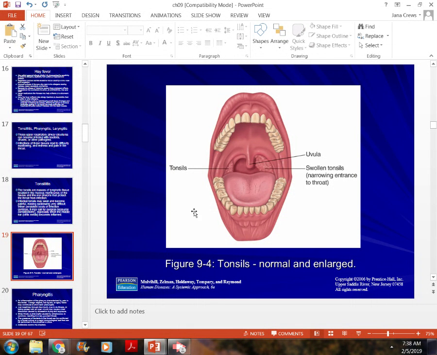So here you can see where the tonsils are. The ones you're most familiar with are these in the back of the throat. Normally, they should look like this. A swollen tonsil will look like this, and it will start to obstruct the airway or the throat at the back. Sometimes tonsils can stay so swollen that they'll obstruct an airway while they're sleeping, and that would be another thing that would cause sleep apnea, and they need to be removed.